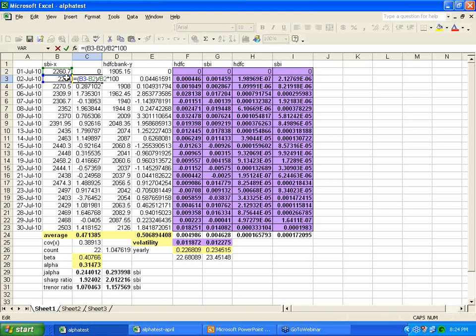The second day's price, 2nd July price minus 1st July price, divided by 1st July price, multiplied by 100. By this process I have calculated the percentage gain or loss given by this stock. Then I have taken the average gain and average loss. After calculating this average gain and average loss,